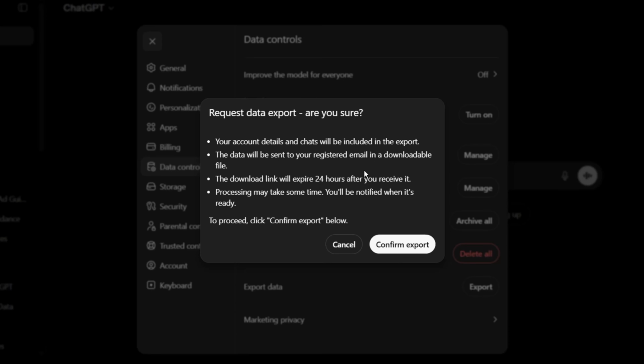So request data export. Are you sure your account details and chats will be included in the export? Your data will be sent to your registered email in a downloadable file. The download link will expire 24 hours after you receive it, and processing may take some time, and you'll be